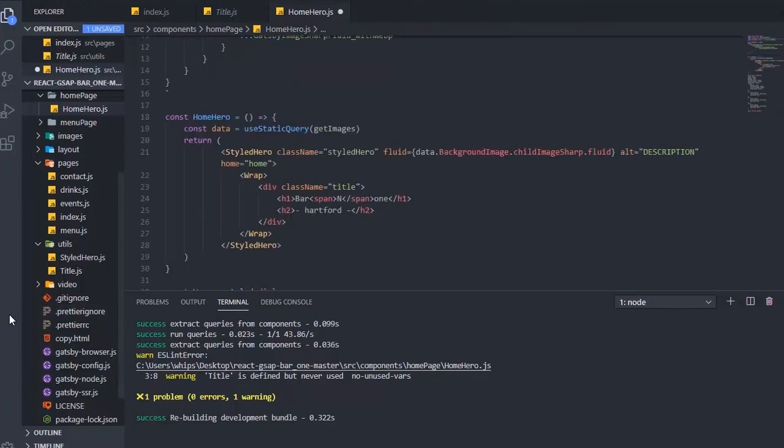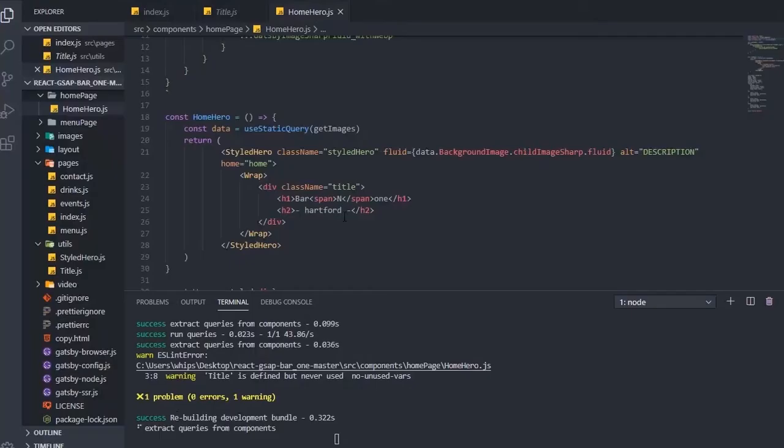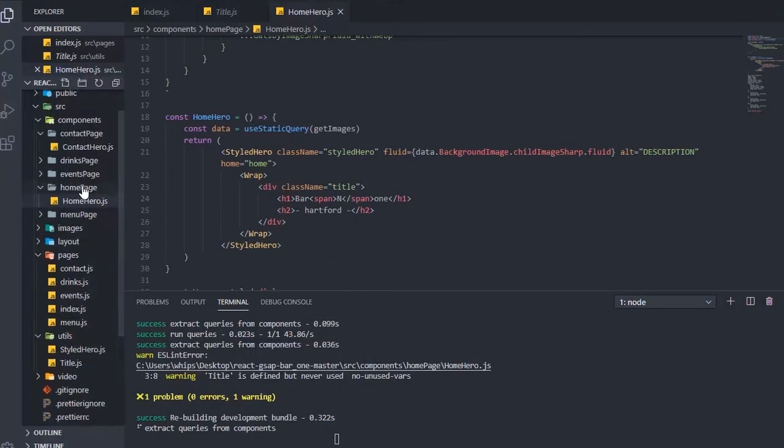Okay, so now let's go over to our default starter. There we go. We have it just the way we wrote it up. We got it right in the middle. Hartford, bar none, Hartford. Okay, now for an overlay, what are we going to do here? Well, we know we want it. The only page that we're putting an overlay is going to be here, so we might as well create a